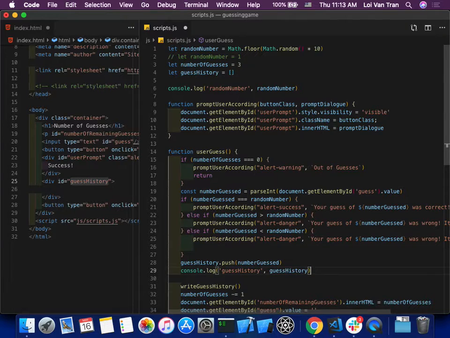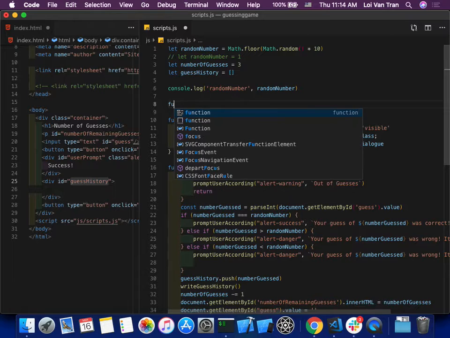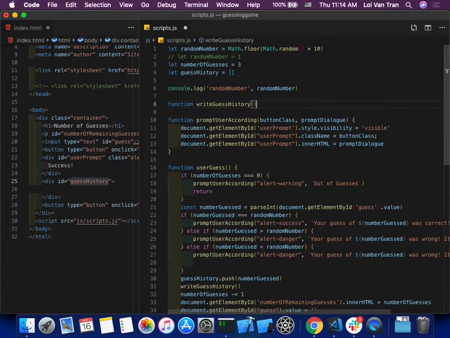This function is not going to take any arguments whatsoever. There are many different ways to write a function. You don't need to write arguments. It's just like a really useful way to do it. It's like a common practice. Okay? So now our function, I'm going to write it at the top again. I'm going to do function, write guess history,